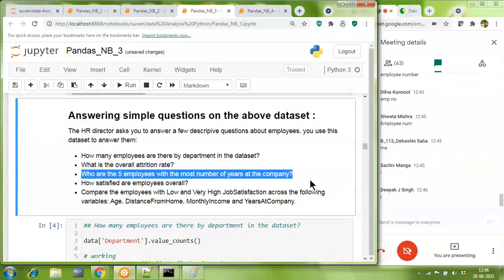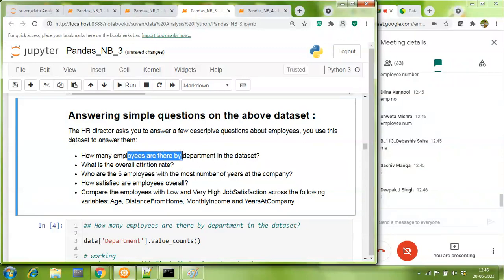Perfect. So, Sachiv, I believe that the questions are self-explanatory. I don't think I need to further explain the question. In the first question we have to find how many employees are there in each department. That means in each department there are how many employees. Okay. So, are you trying to say we will do group by department here? Yes, I think so. You're correct. We will do group by department here and then take the count of the employees in each department. Very good.